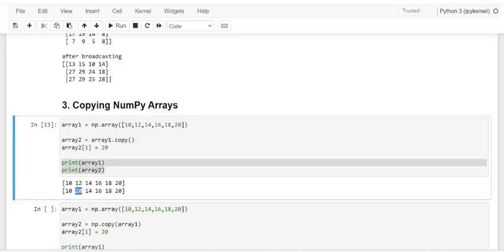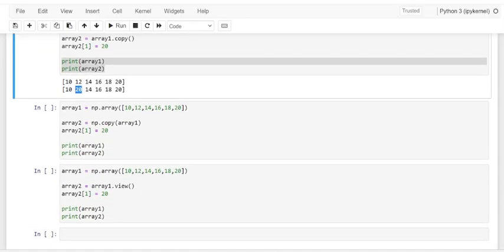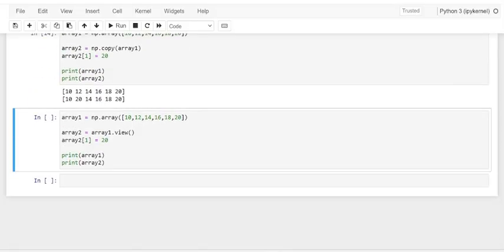And the other method to copy an array in Python is by using view. Let me do it with the view method. And see here, dear friends, in this view method, if the content of the new array is modified, of course, the original array is also modified. So kindly observe here. What are the exact elements here? 10, 12, 14, 16, 18 and 20.